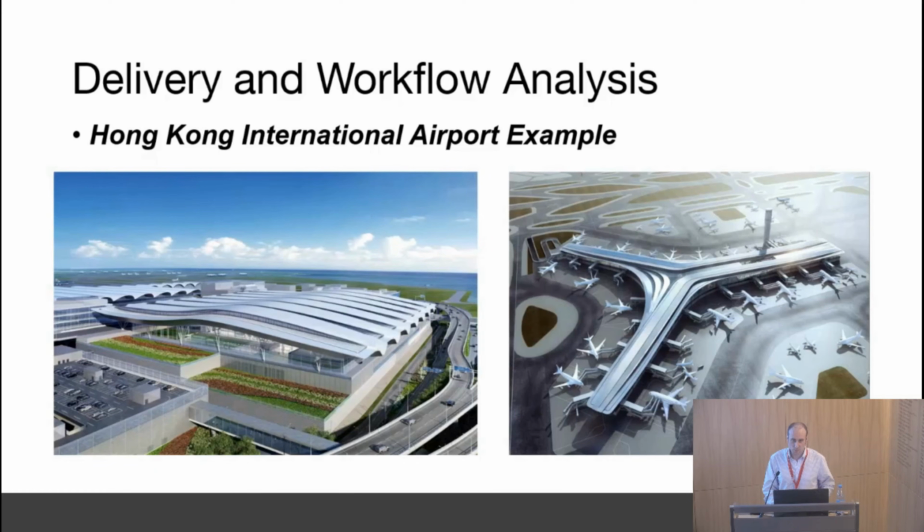Hong Kong International Airport. From our London team, we're currently delivering the roof and facade of both of these buildings, which is the Terminal 2 redevelopment and also the third runway concourse in development. Two massive buildings. So yes, we're using parametric tools and all manner of complex workflows to deal with the geometry and the amount of data. But the more interesting story here in relevance to what I'm talking about now is actually what our deliverables are.